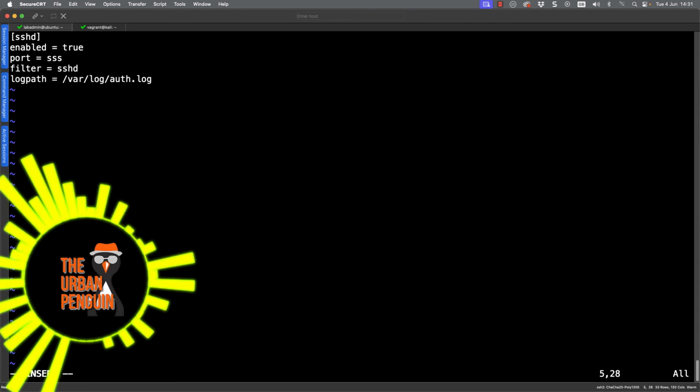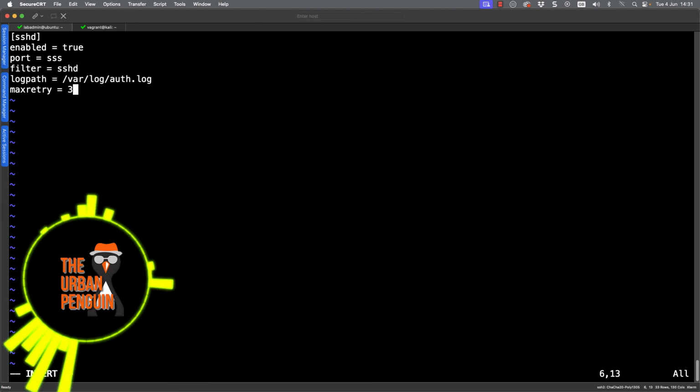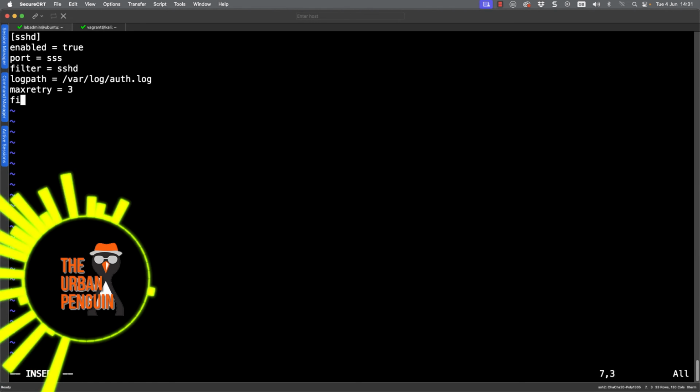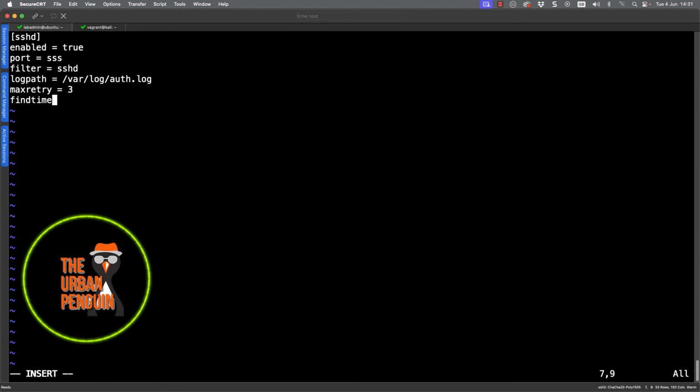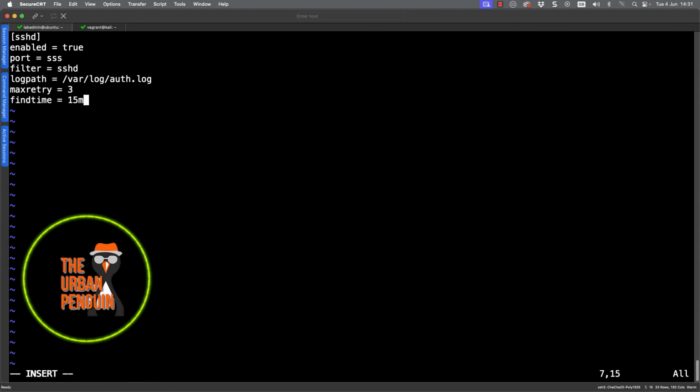We can specify a maxretry, so how many failed login attempts we're going to allow. So we're going to have a maximum of 3 login attempts, and we can specify the period that this will take place in as well. So if I put in the directive findtime, and we're going to put this through to 15 minutes.